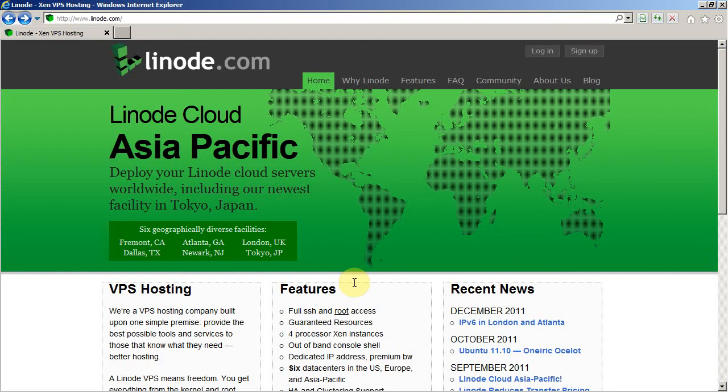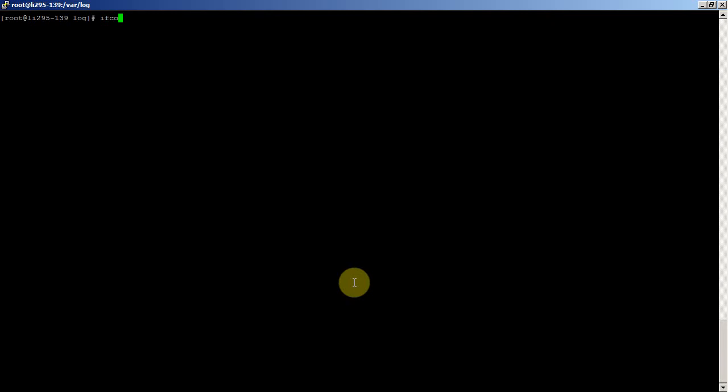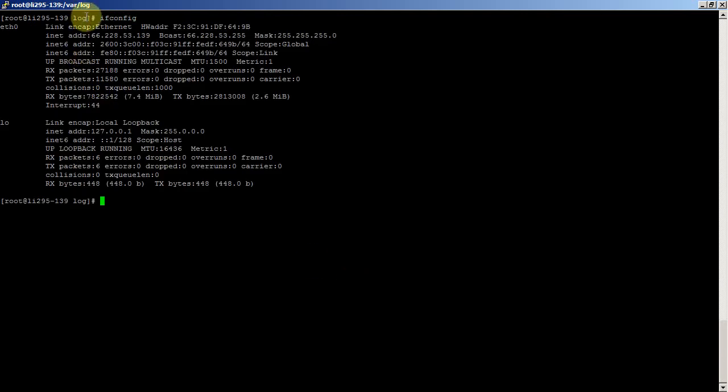So I recently bought a virtualized Linux system from Lino.com. The sign up and setup was very quick and easy. Within a matter of minutes, I had the system booted and had SSH root access, which is great. But one of the first things that I noticed about the system was there was a public IP address directly assigned to the Ethernet interface, and I quickly realized that it's not firewalled off at all and was completely open